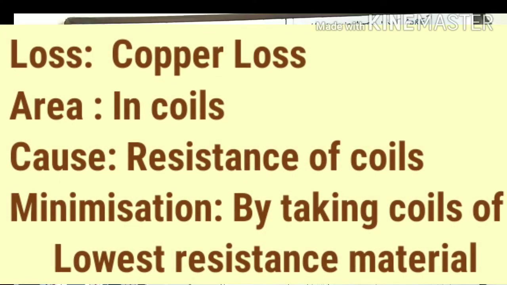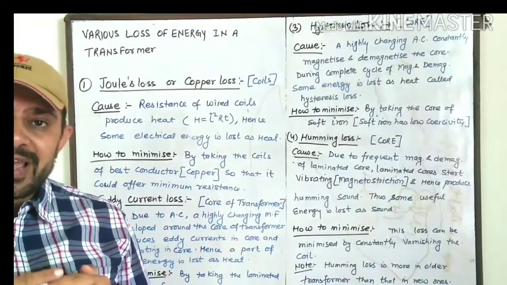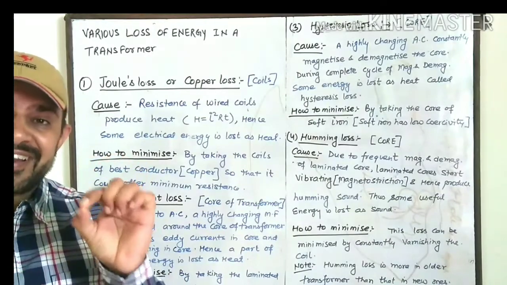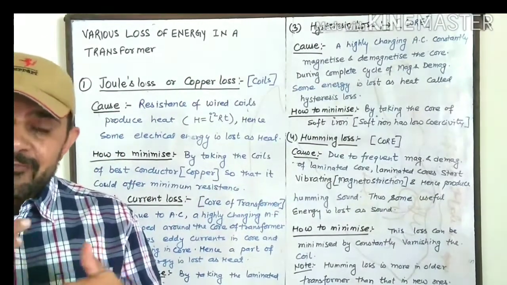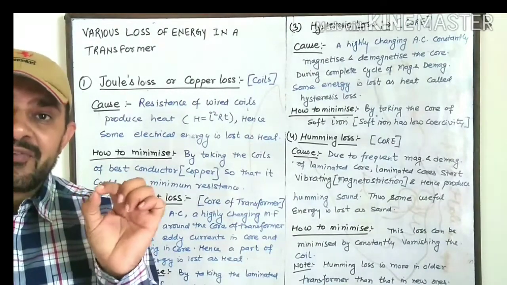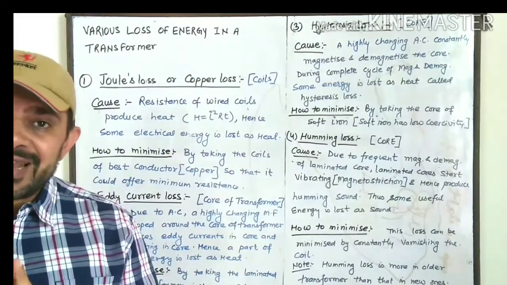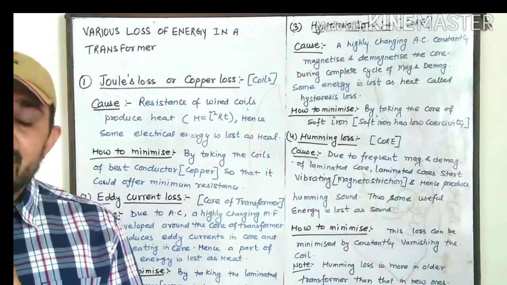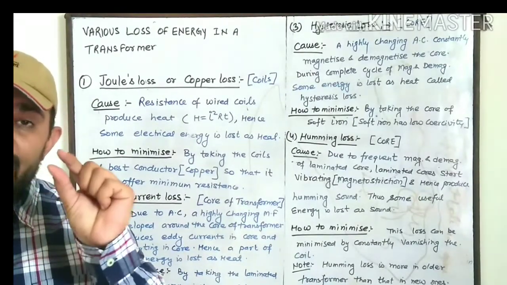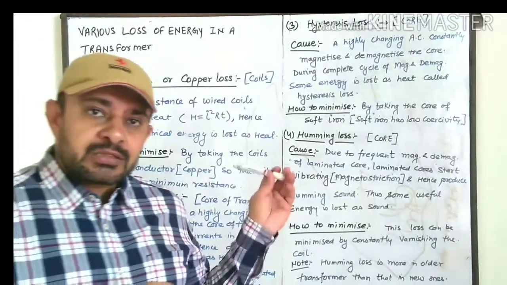One more thing we do: you have seen in a transformer, the coil having fewer turns consists of thicker wire. Although we have taken copper wire, the thickness of the wire decreases the resistance further. But where we take a larger number of turns, we take thinner wire, because thicker wire makes the coil bulky. That's why the coil having fewer turns, that means the coil having larger current, must be of thicker wire. So this is the way we can reduce the copper loss.